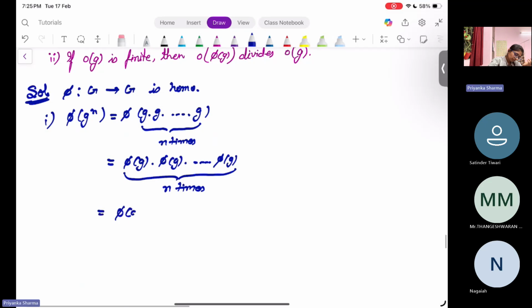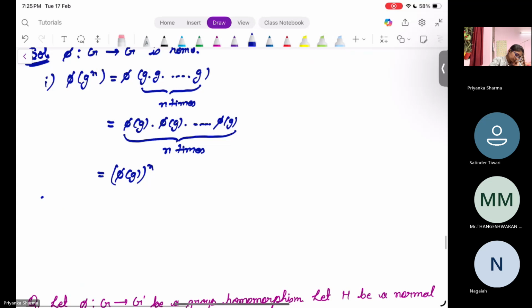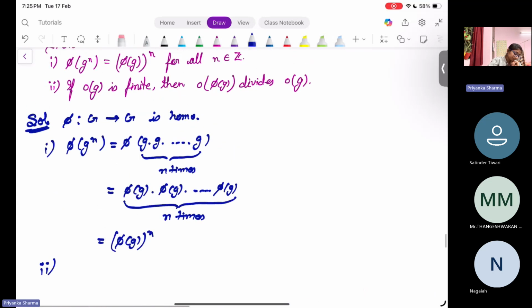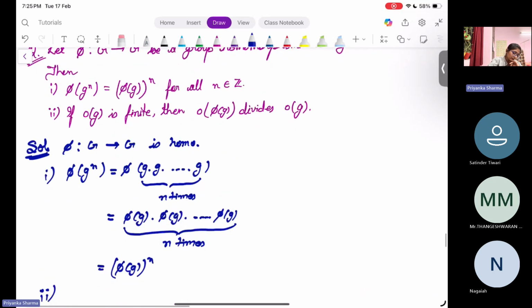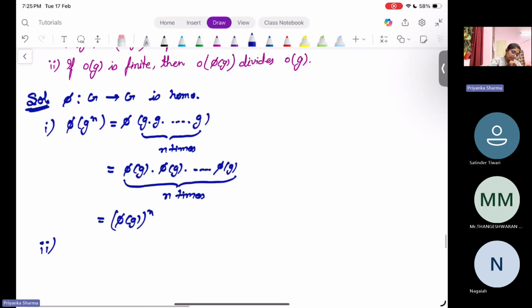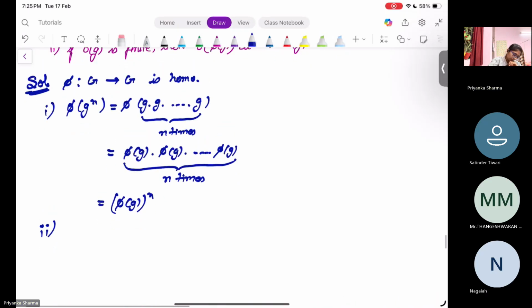This will be phi of g to the power n. Okay, so this is a simple one actually. Second, if the order of G is finite, then the order of phi of g divides the order of G. Okay, so let